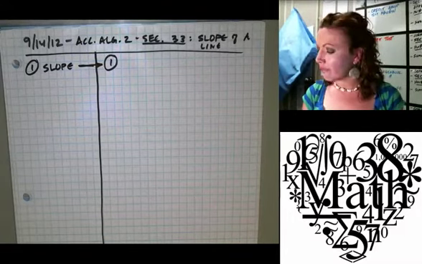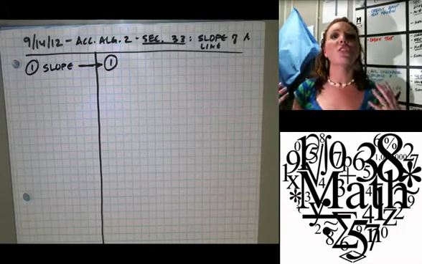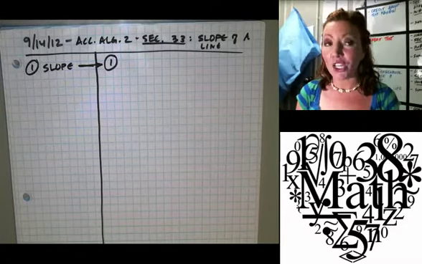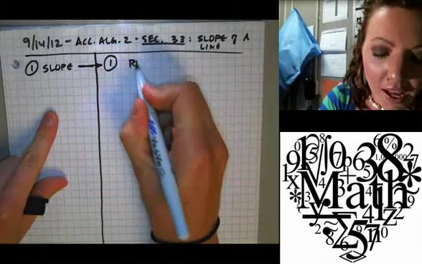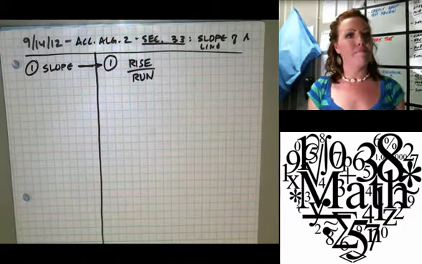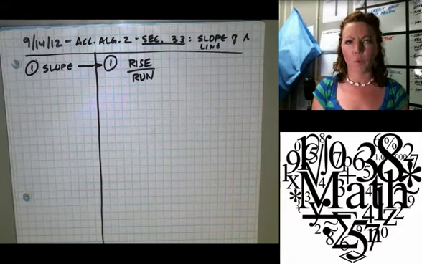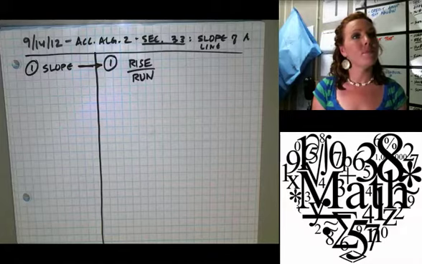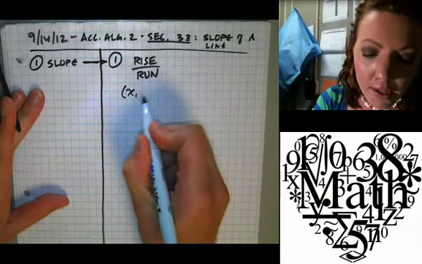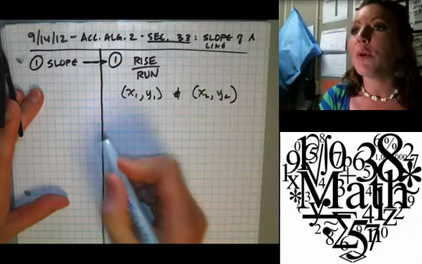So, here we go. Slope. What's slope? Think back to Algebra 1. Clap if when I say the word slope, you know what it means. Good. So I heard rise over run. That's one descriptor. Is there another one? Rise over run. What else? That's good. So if we have the points x1, y1, and x2, y2, if we want to calculate